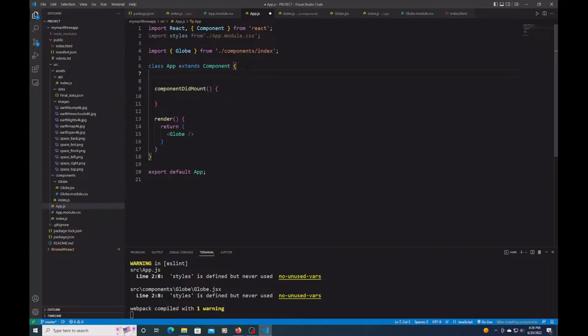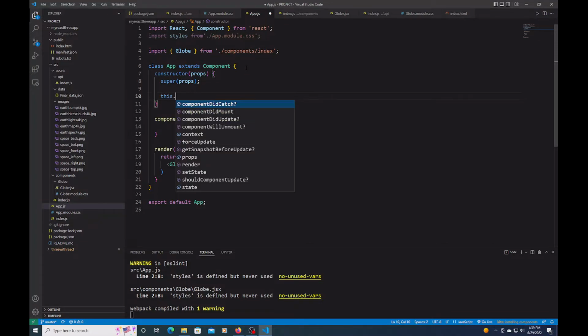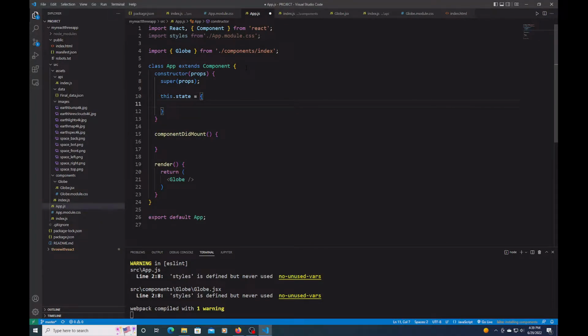I'm going to create a constructor, props, input super props, and then I'm going to say this.state is equal to open close curly braces and put pointData, and it's going to be a colon open close braces. So then for componentDidMount,